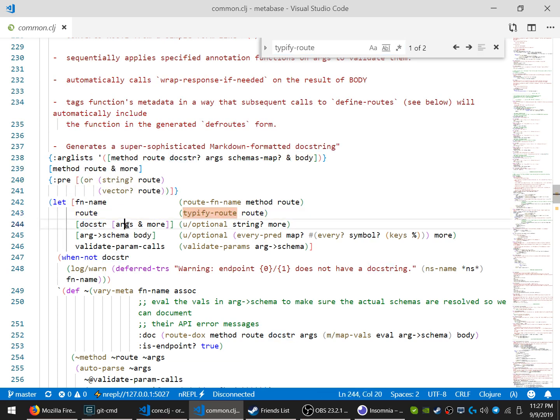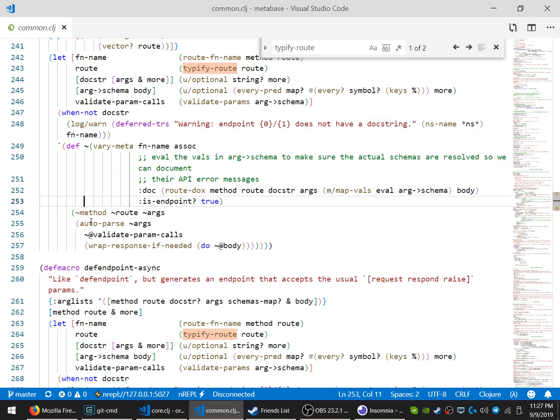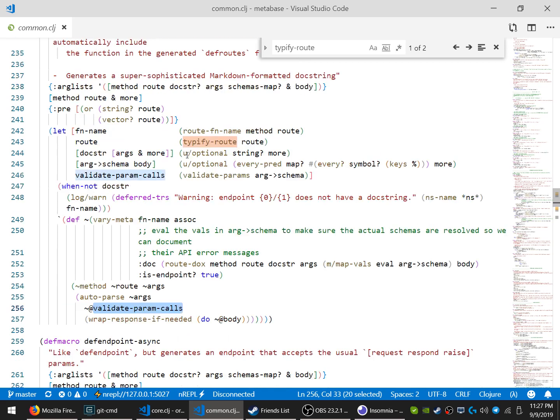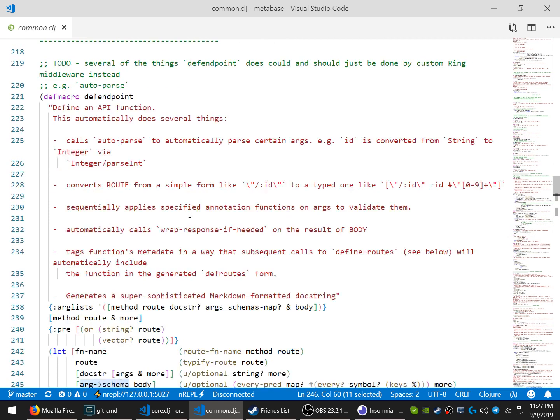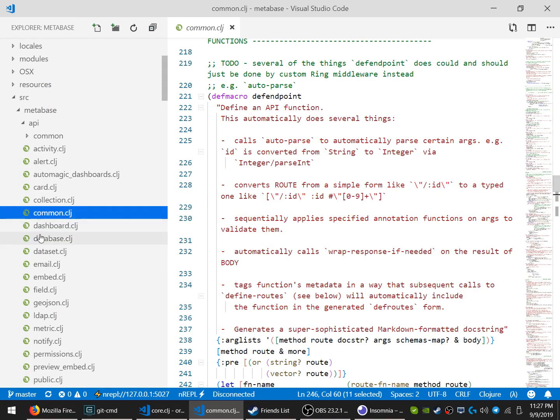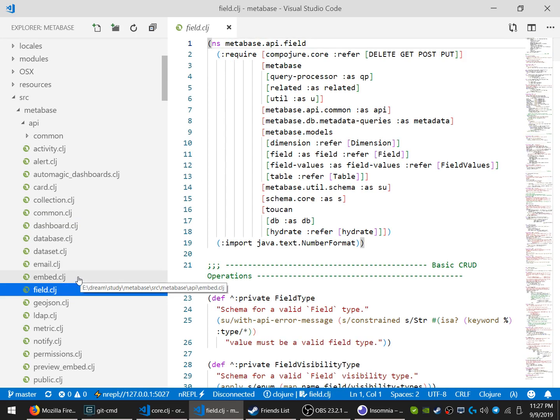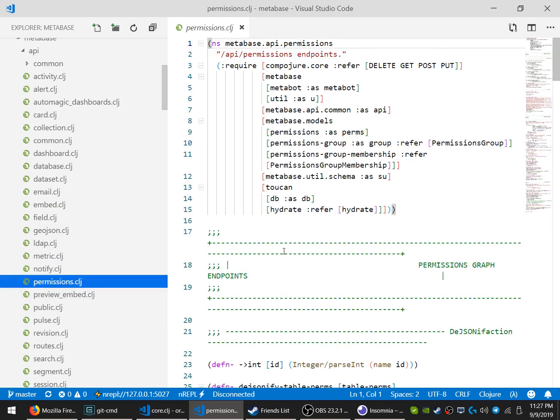Right, doc string, argument more, optional string, schema body, validate param caller, when not doc string, validate param call. Okay, so that's aside, but the thing is how they kind of validate permission,